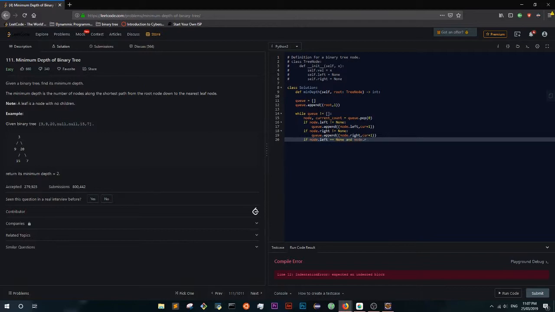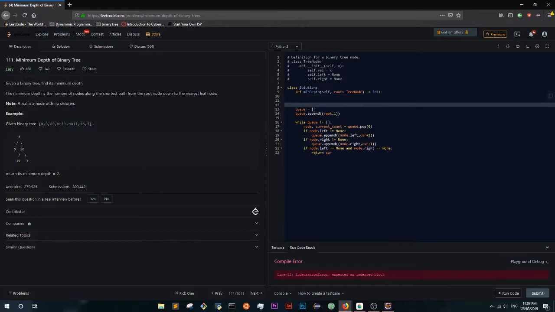Okay. Now, if they are both none, then that means that we're in a child node. And node.right is equal to none. We can just straight away return current. Yeah, that makes sense. I don't think we have to do a +1. Okay. We're going to test this out, run some edge cases, and see how it goes. So if, say, root is equal to none,